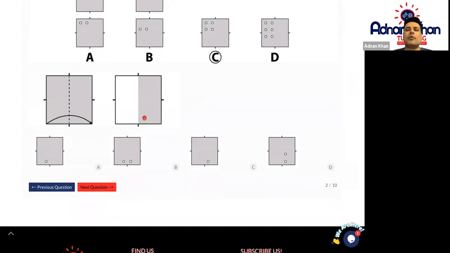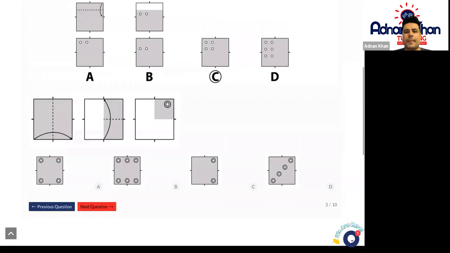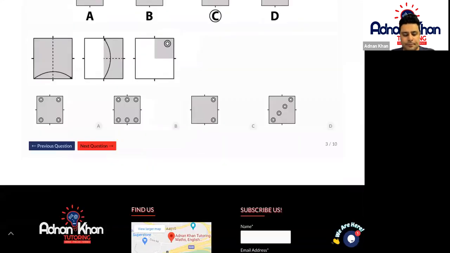But again, we're going to fold the shape backwards this way as well. So backwards this way on the opposite side of the arrow, and punch another hole there. And that will show us option B as our answer, because you've got 2 spots there, the holes that have been punched at the bottom. So in this case, option B will be the correct answer. Let me show you another example. With this particular question,